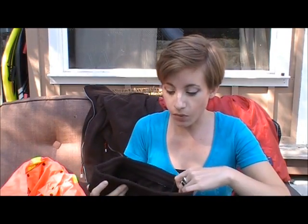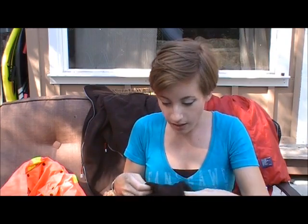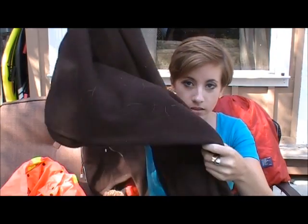And then with the pants, I try to find something that's going to be really warm. This does breathe if I'm wearing just one layer, but it's almost like a fleece, and yes, this is covered in dog hair. I have dogs, and no matter how many times I wash it, the hair never comes out. And to be quite frank, if it's going to keep me warm, I don't care. So those are my pants, and then I have my long johns, and then what I'll do is I'll wear